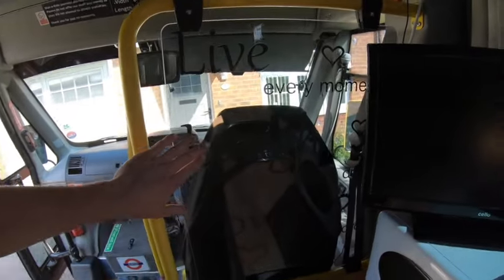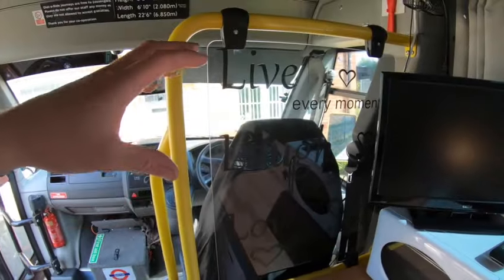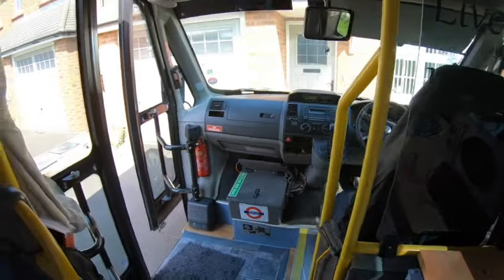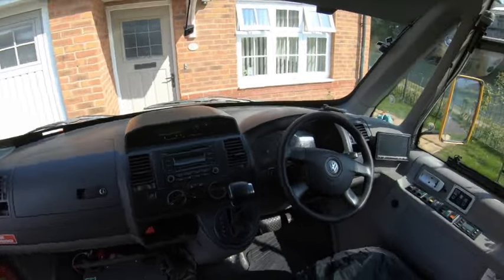There's a nice glass sheet here, which I'm presuming is original by the look of the clamps and stuff, but the family have just got some vinyl stickers and put a personal touch on it, which is absolutely fantastic. Just in the front, obviously it's an automatic transmission, sitting on air ride airbags, which are fully adjustable